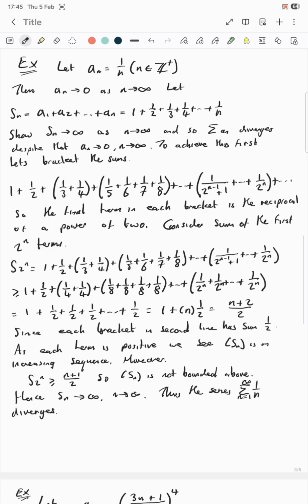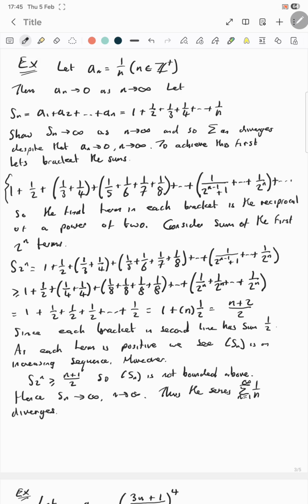Example, a of n equals 1 over n, where n is contained within our positive integers. Then a of n goes to 0 as n goes to infinity. We'll let s of n equal a1 plus a2 and so on to a of n, which equals 1 plus 1 half plus 1 third up to 1 over n. And we show s of n goes to infinity as n goes to infinity. So our sum of a of n diverges despite a of n going to 0 as n goes to infinity. To achieve this, first, let's bracket the sums